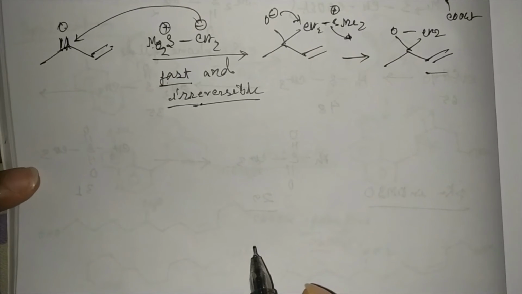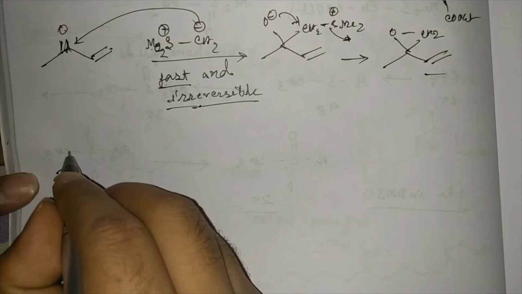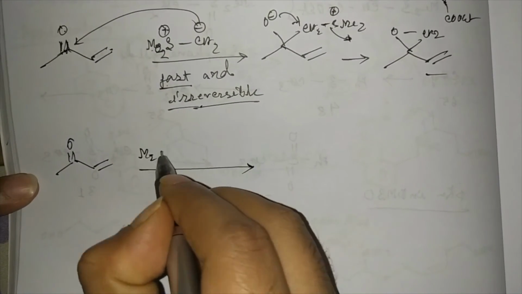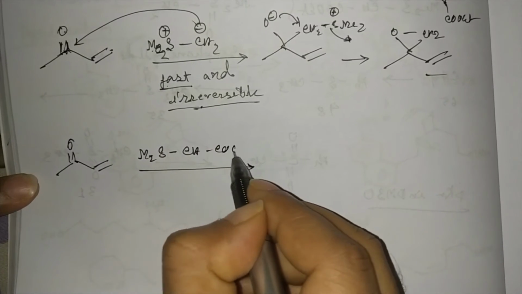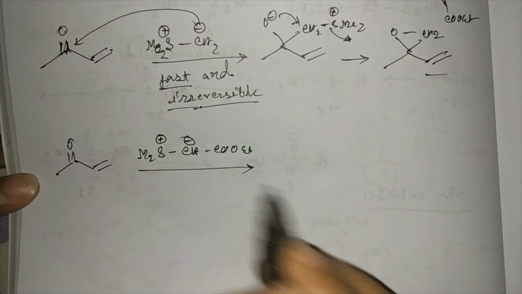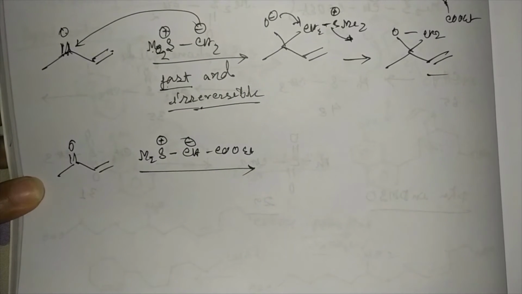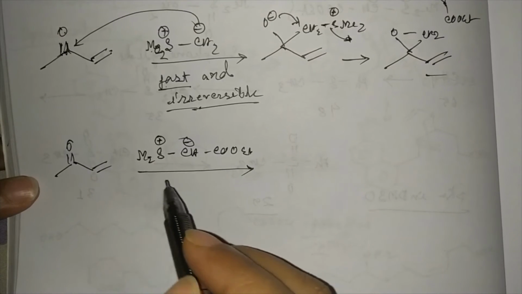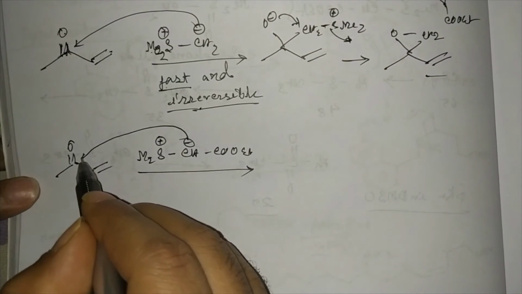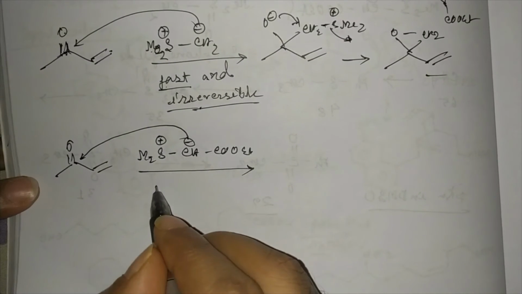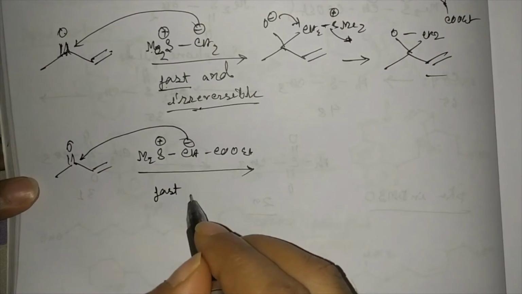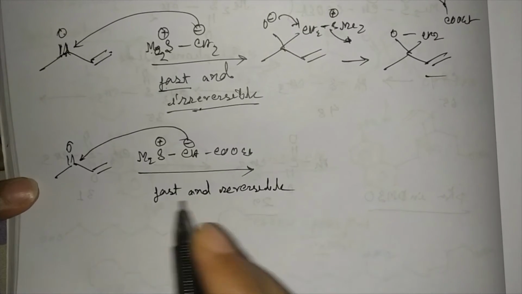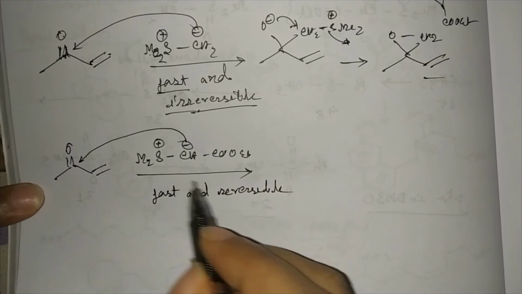On the other hand, if we take a stabilized ylide, then what will happen? So here the reaction with this carbonyl compound is also fast and it is reversible. Why is it reversible? Because